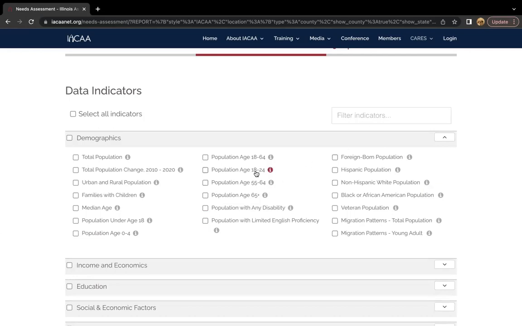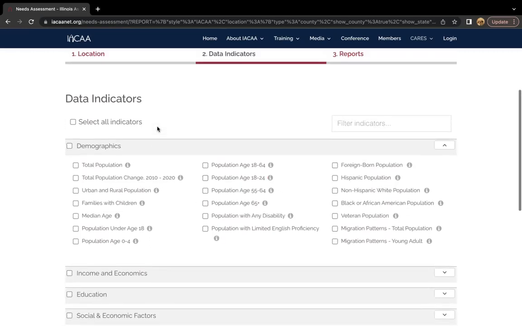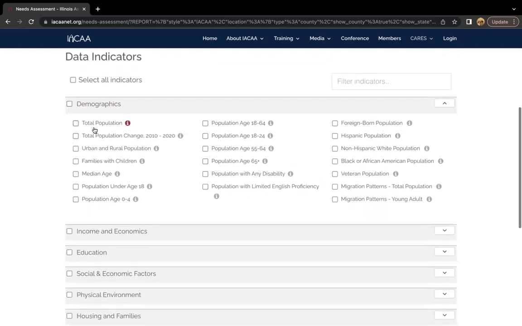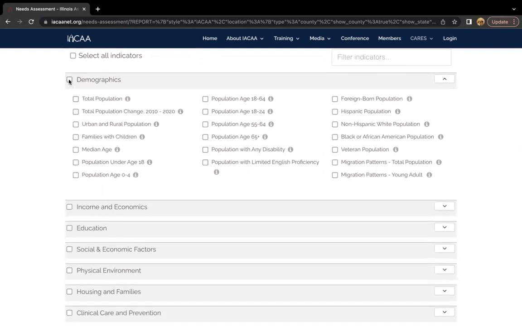But we always encourage folks, if you do see data that you think might be out of date, though that seldom happens, reach out to your state agency, who can then reach out to us, and we will make that update ASAP. Our team is incredibly fast, and it blows my mind daily. So with that said, though, let's go ahead and select a few indicators.